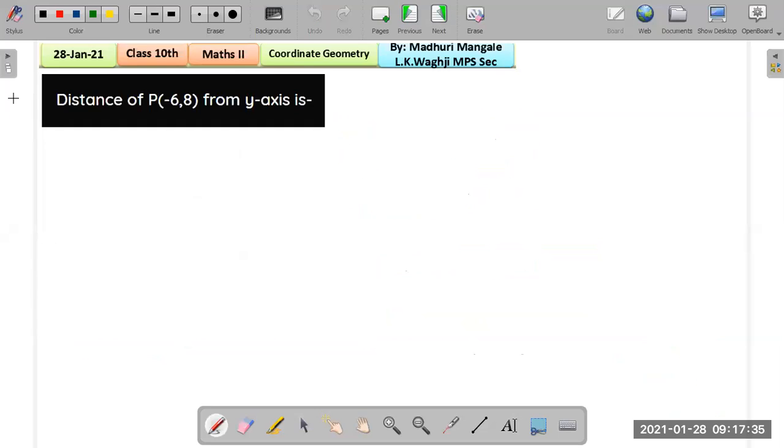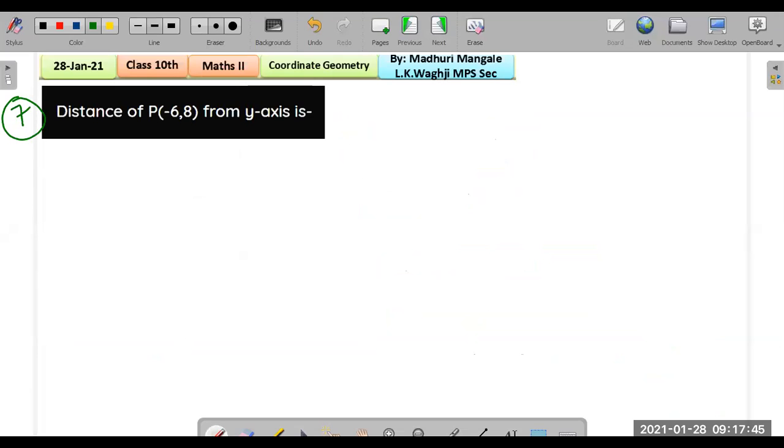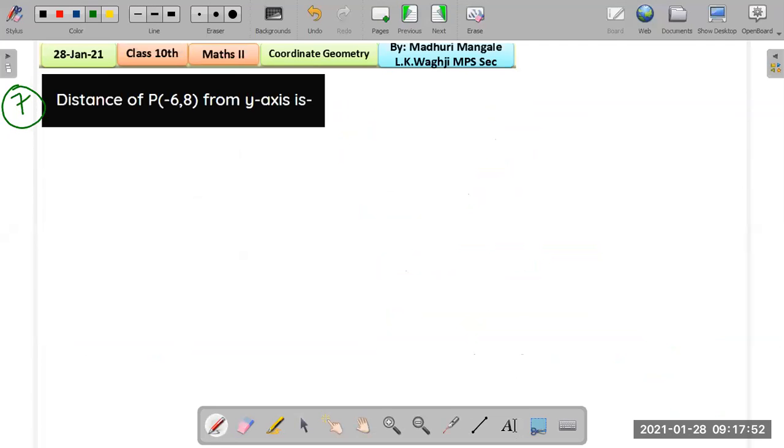Question number 7. Now this is an interesting question. Distance of a point from the y-axis. What do you mean by that? Yes, I have added this question on the quiz. Those who have already got the answers, you can enter your answers. For those who want some hints, let us solve it together. So we are given a point, that is negative 6 comma 8,